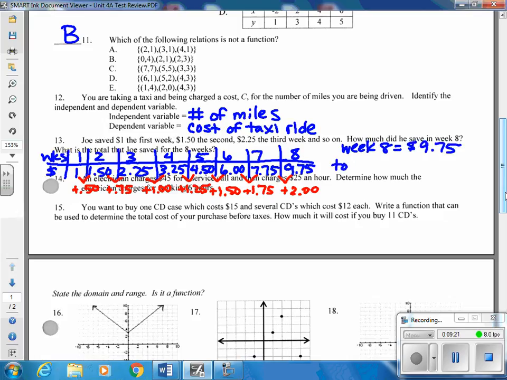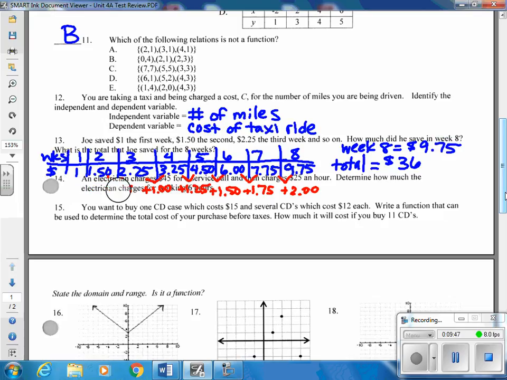Now the next question asked how much he saved in total for all 8 weeks. So you have to go back and add up all of the y values. If you add all of them up, you should see that he saved a total of $36 over those 8 weeks. So yes, a table is useful. If you can come up with an equation that works faster, you can handle it that way. But I think most of you are going to see that the table is probably